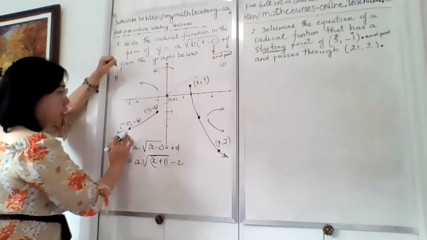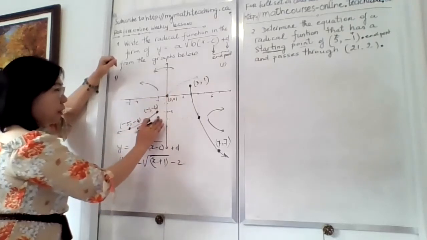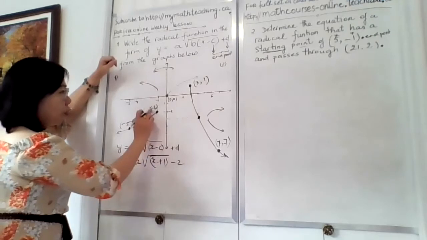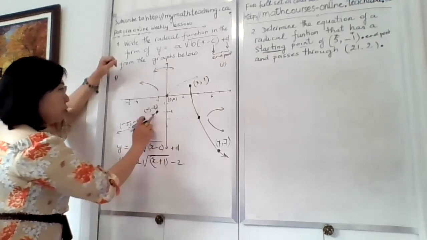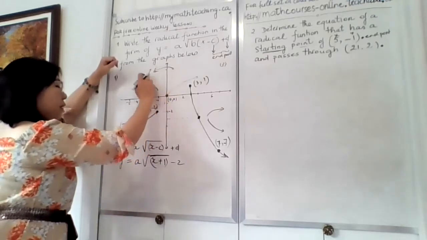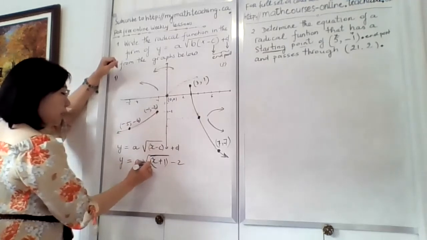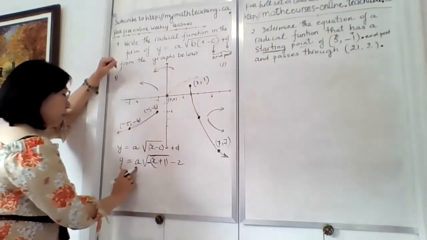Because they provide us the shape and provide us the point. So we're going to substitute the point by the end point, but also we realize this is the reflection over the y-axis. So let's put a negative here. Now for the A,